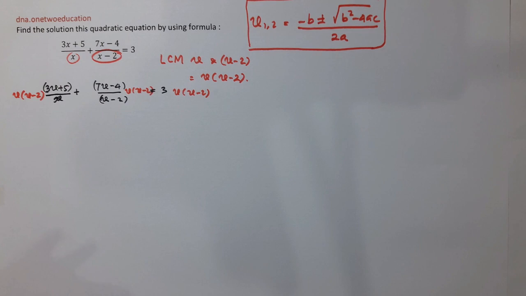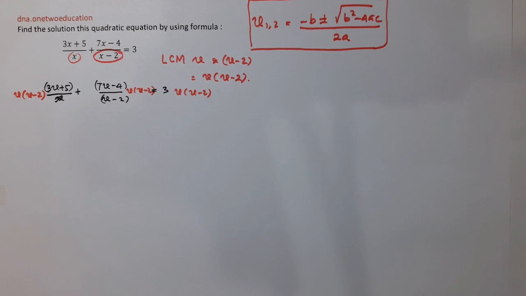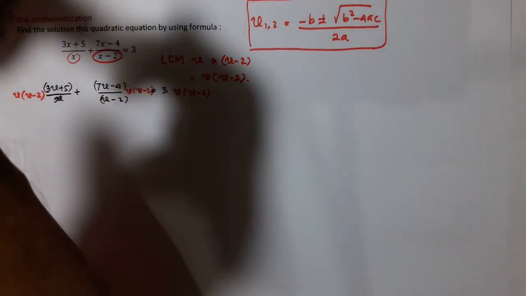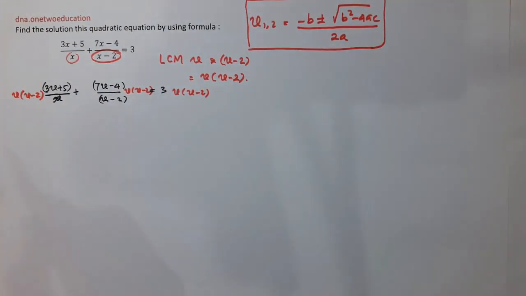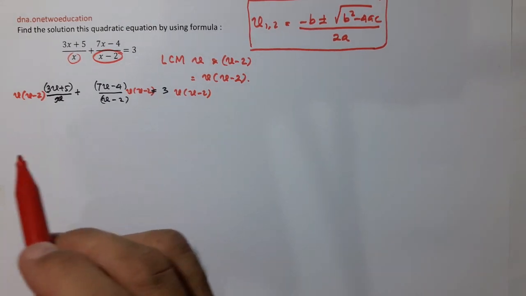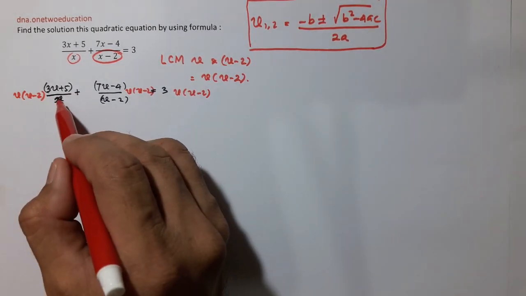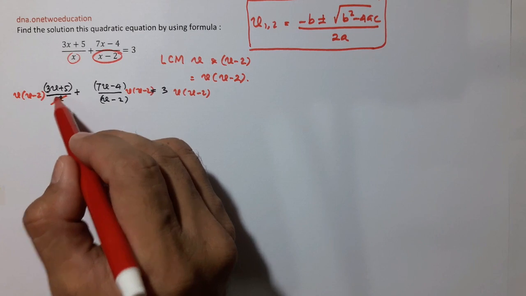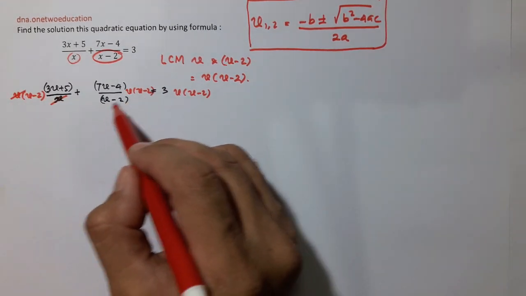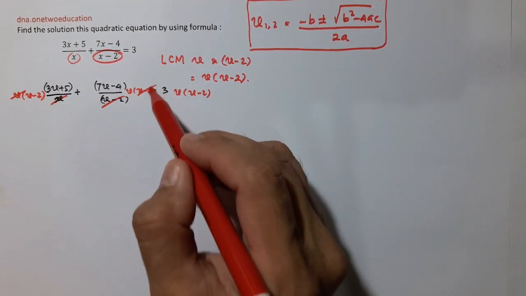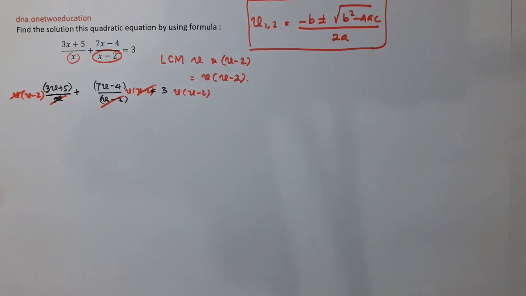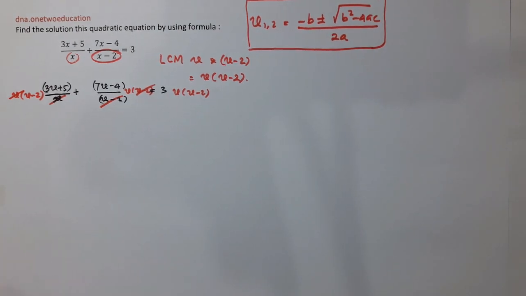Now we have the simplification of the fraction by multiplying by x minus 2. Now we're going to simplify. This one is x, right? Cancel, cancel. And this one cancels again, right? Now you have x minus 2,